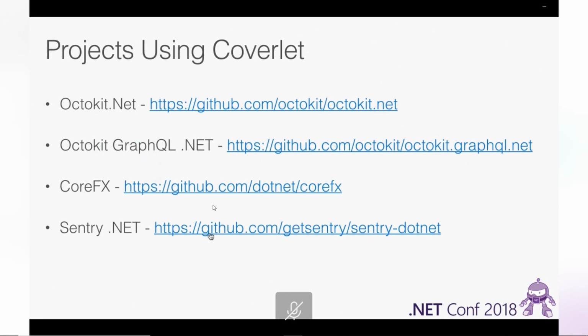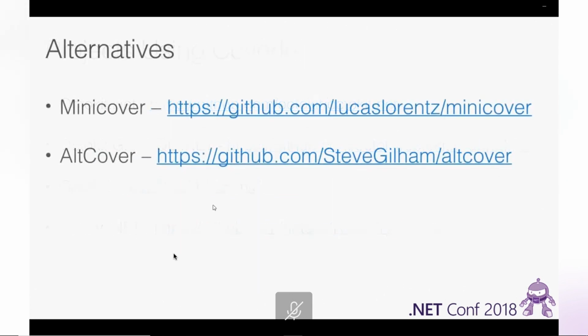And then you have Sentry, which is a fairly popular application performance monitoring service that uses Coverlet with their .NET client. Well, I also think it will be only fair to mention some other alternatives,